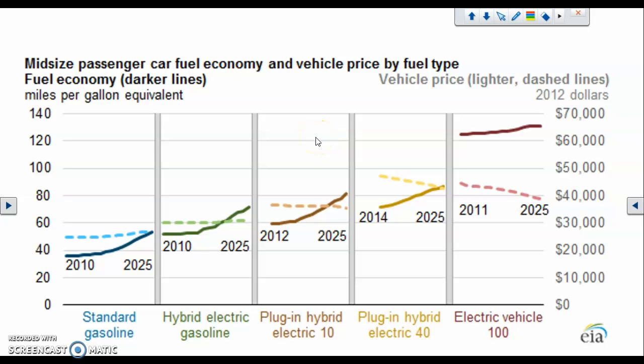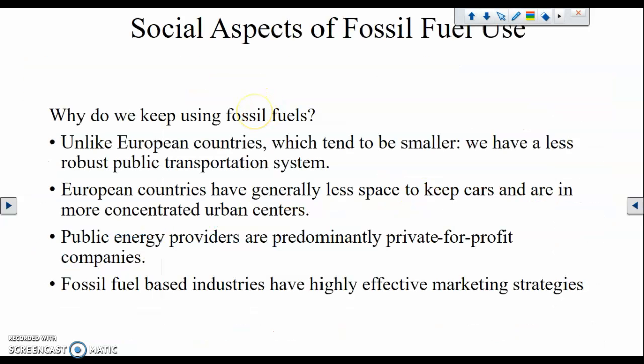Sad thing, however, is the Volt has been discontinued in its manufacture, and the reason is it hasn't been making any money. Chevrolet has been making more money from selling trucks. Unluckily, that's the case, right? So that's one thing. So now we're at the last part of that learning objective, which is the social aspect